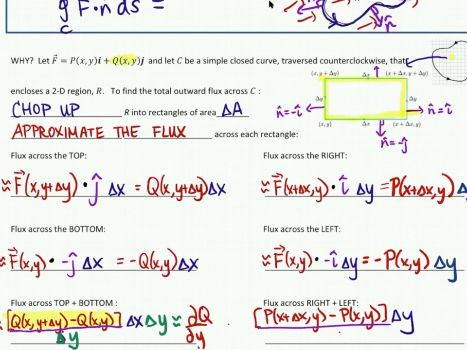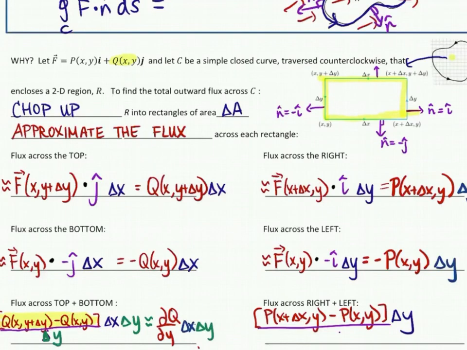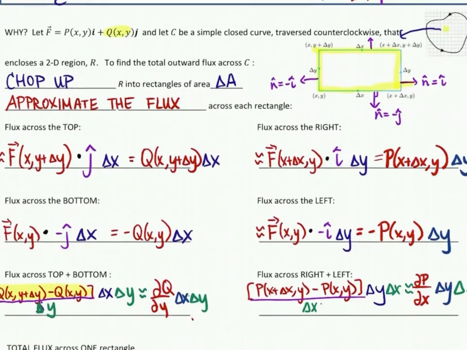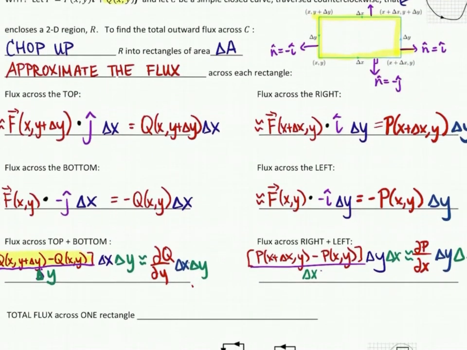And then we can do the same thing with the flux across the right and the left. You can notice that if I multiply and divide by delta x, this whole thing is going to be approximately equal to the partial of p with respect to x, times delta x, delta y. Which means the total flux across one rectangle, if we add these together, will be approximately equal to